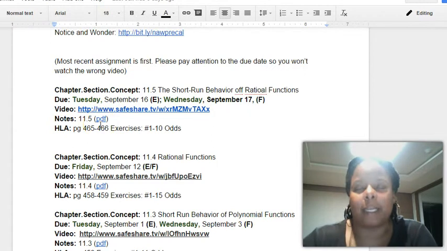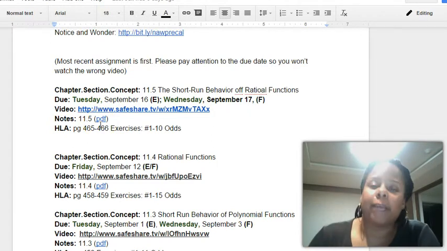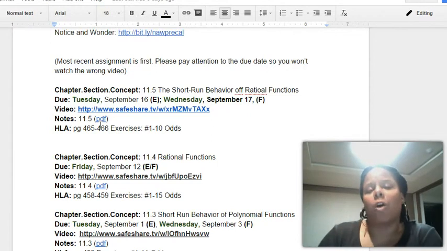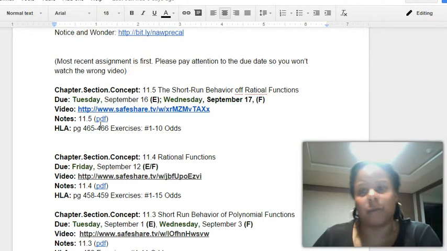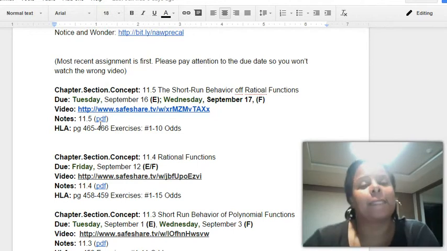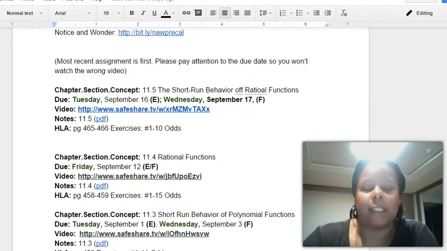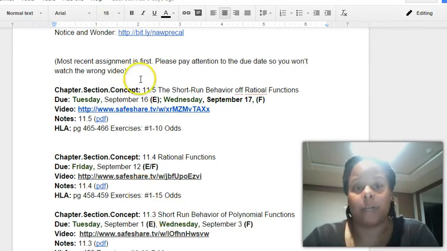I'm doing this as I go along because my previous pre-calculus videos, when I flipped my classes back in the States, were off a different book. I want to make things as much like the textbook as possible, because that's the resource they're going to use when they're not in class. So they watch the video, and then they come into class, and the first thing they have to do is take a video assessment.